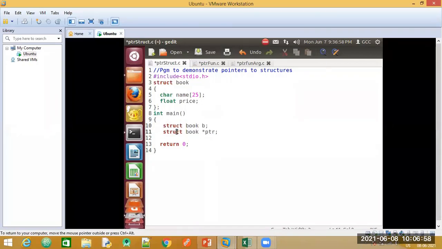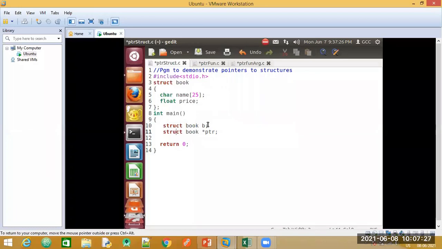Even in normal variable declarations, you cannot declare a variable of type integer and a pointer of type float. We have seen this previously. I have told you this. You should try to recall this now. Since here we have declared the data type of structure, we will also have to declare the pointer's data type as struct, and only then will we be able to point a pointer to the structure.